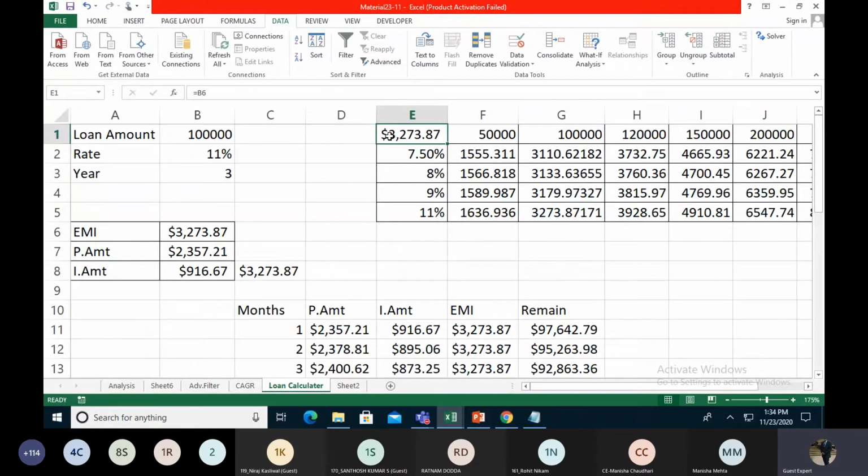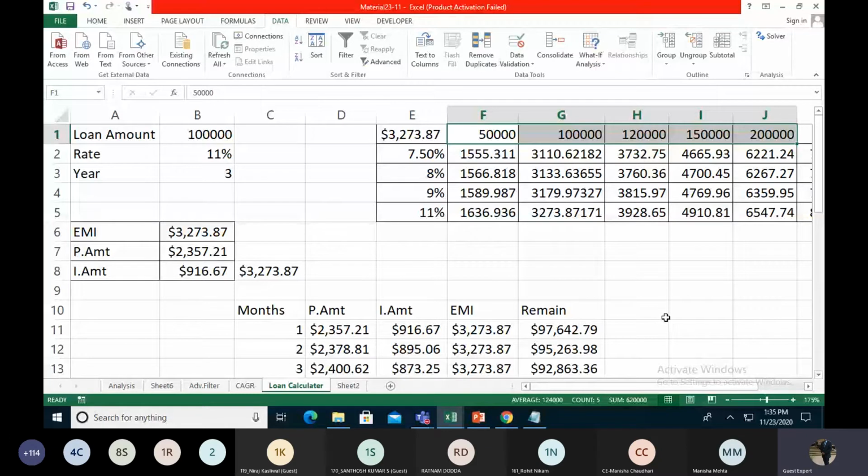Otherwise, we can also create the formula over here as well. And then with this column data and this row data, we get the whole details over here using the What-If Analysis, and we are using the Data Table. There is a very interesting formula we are using. So right now we see these three things.